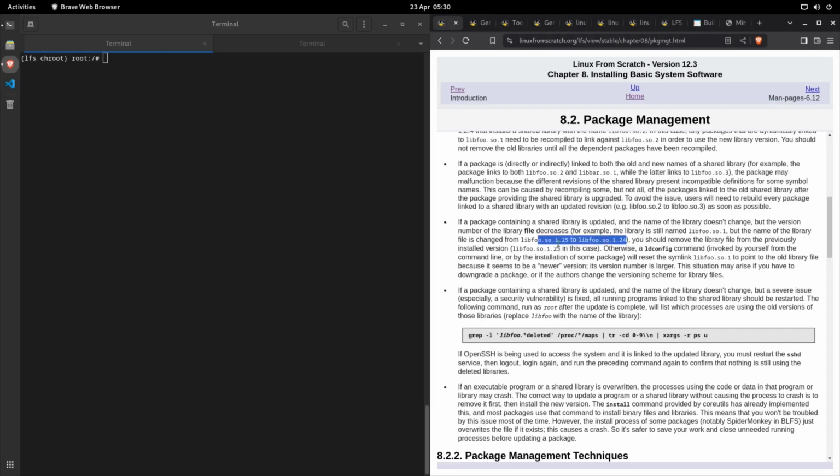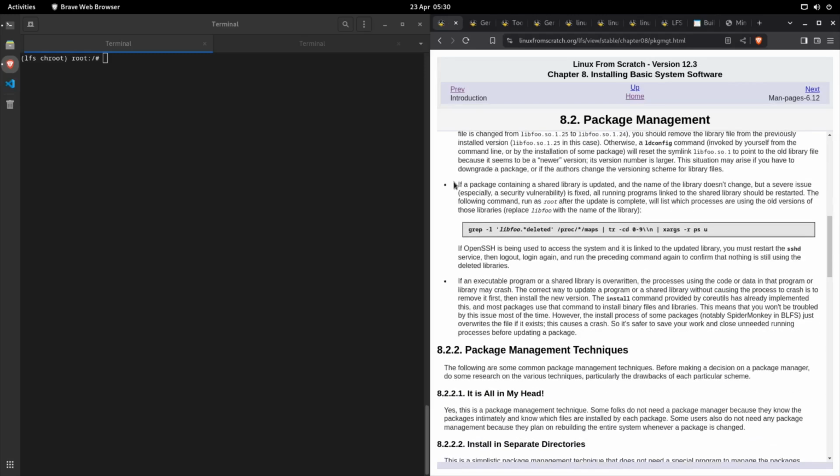Oh, right. So it's basically a naming or version scheme change. If a package containing shared libraries is updated and the name of the library doesn't change, but a severe issue, especially a security vulnerability, is fixed, all running programs linked to the shared library must be restarted. The following command, run as root after the update is complete, will list which processes are using the old versions